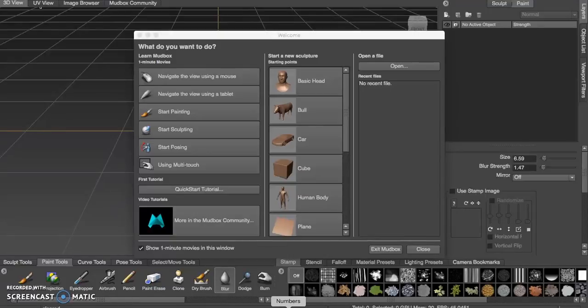Hi class, I wanted to go over this week's assignment for you really quickly, just so you understand what tools I'm looking for you to use, how we use those, and just kind of a nice base of painting textures